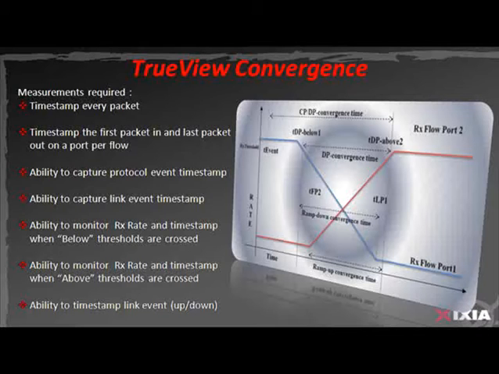Chapter 3. TrueView Convergence. Being able to measure convergence is a critical aspect of testing device performance and availability. Since many new methods reduce convergence times into the milliseconds, specialized equipment is required. These protocols and features need to be validated and tested in a lab with traffic generators and protocol emulators to determine their performance pre-deployment. The most commonly used method today to determine convergence is to transmit traffic at a known